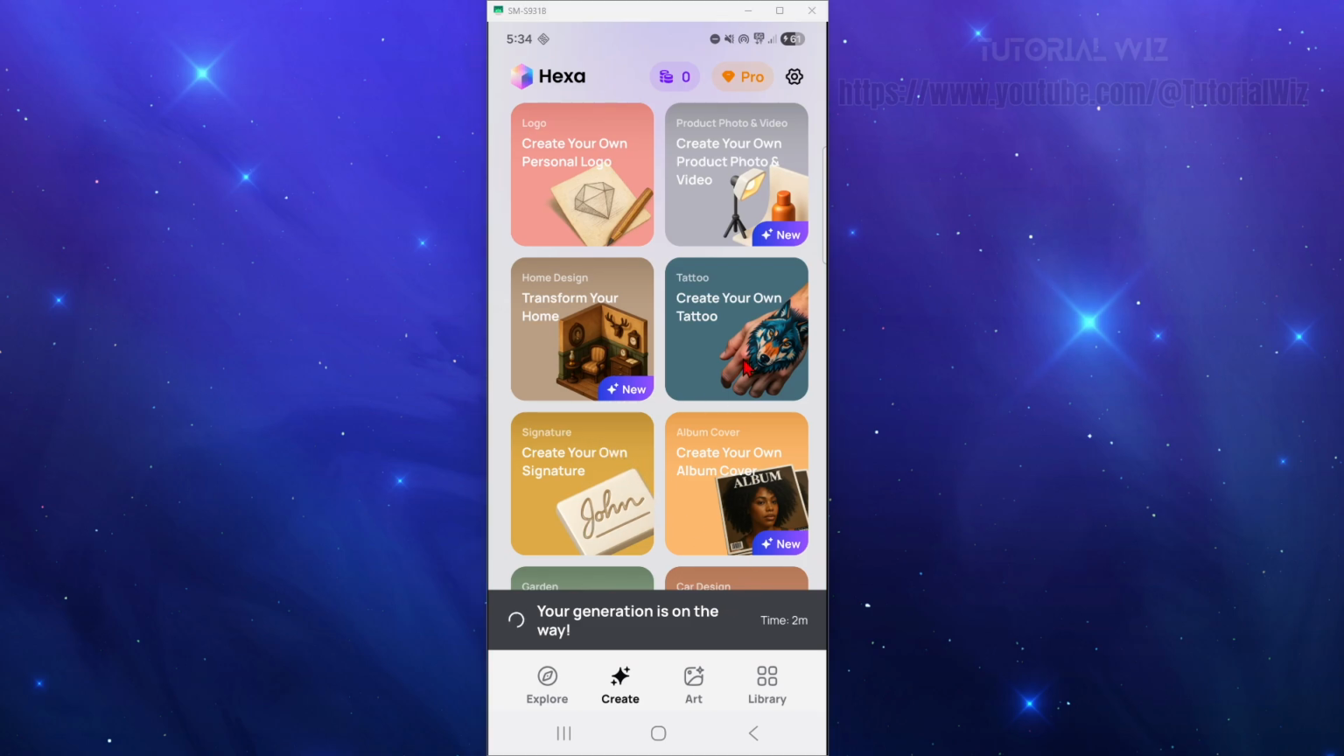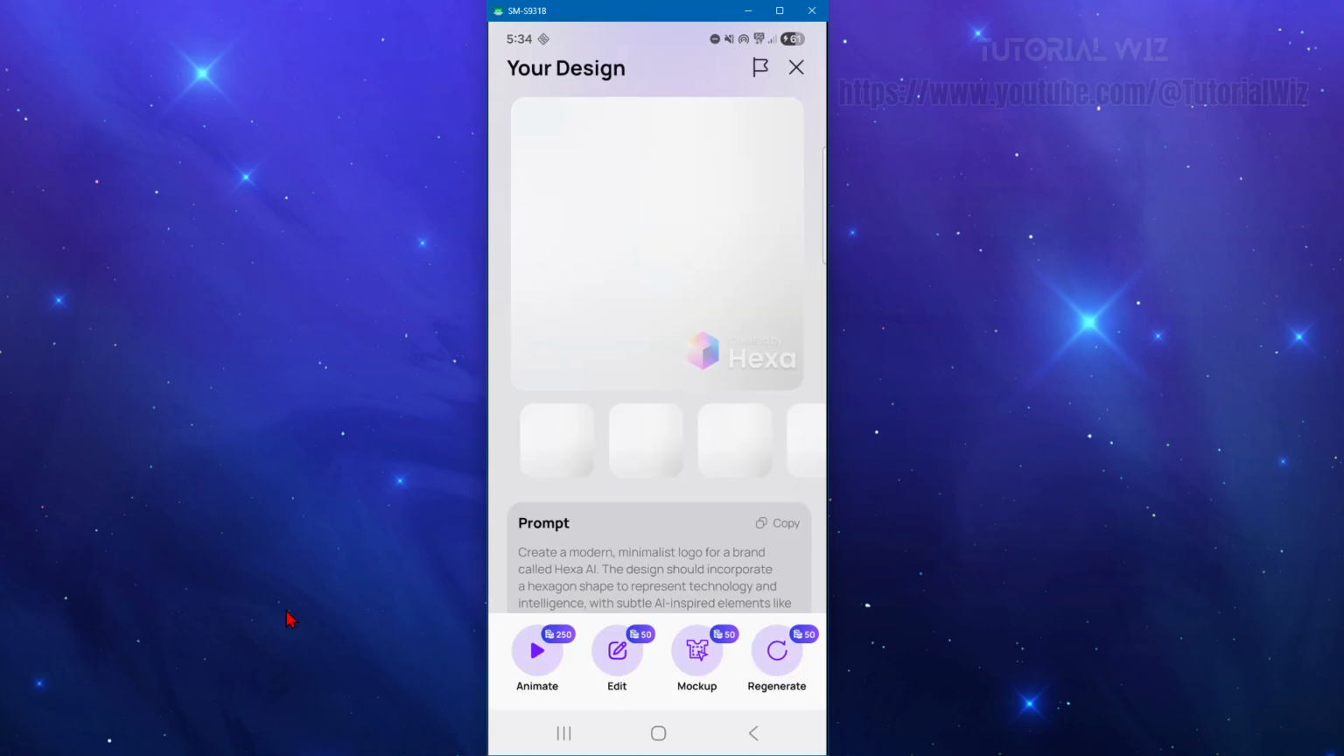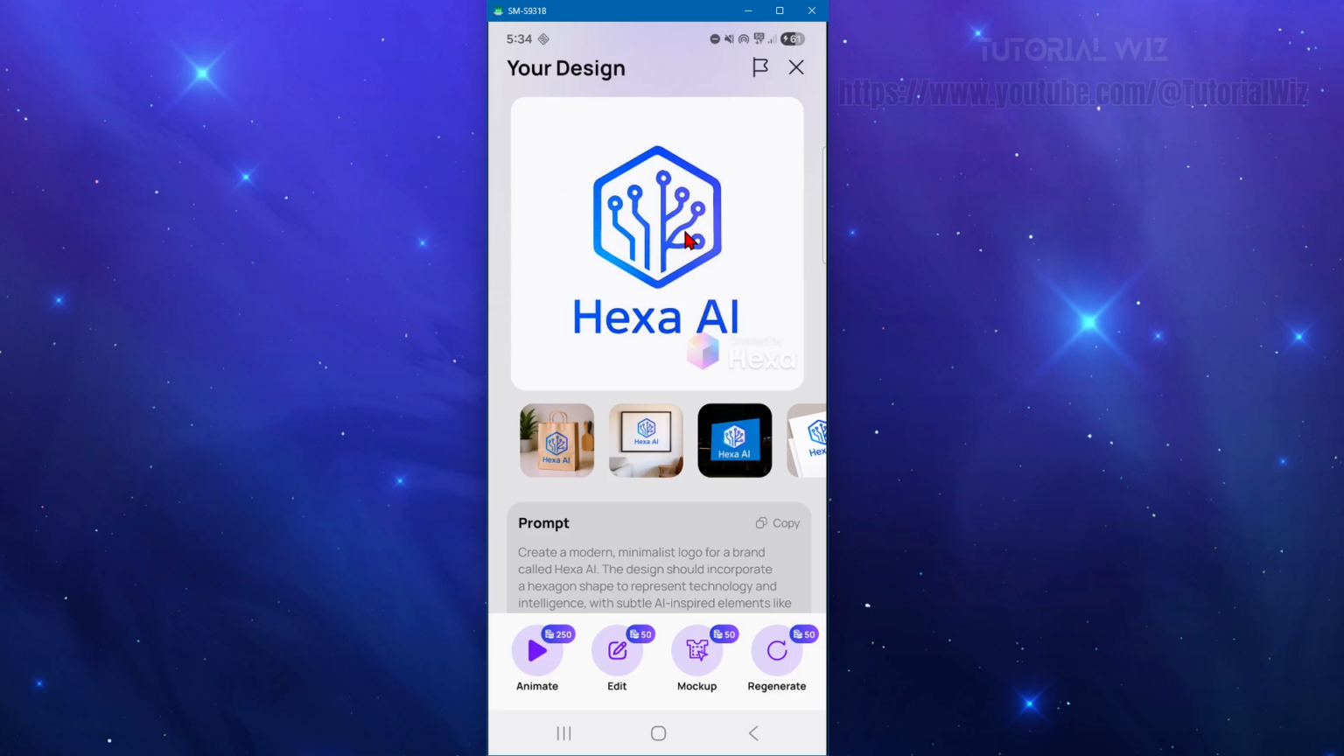Now, if you don't like the way your logo has turned out, you can always go ahead and change your prompt as well, or you can talk to AI to give you a better prompt. So here it is here. This is the prompt I gave it, and now this is the logo it gave me too. So yeah, you can see all that. Now we can animate this, we can do another mock-up, we can regenerate it if you don't like it. But if I click out of it,